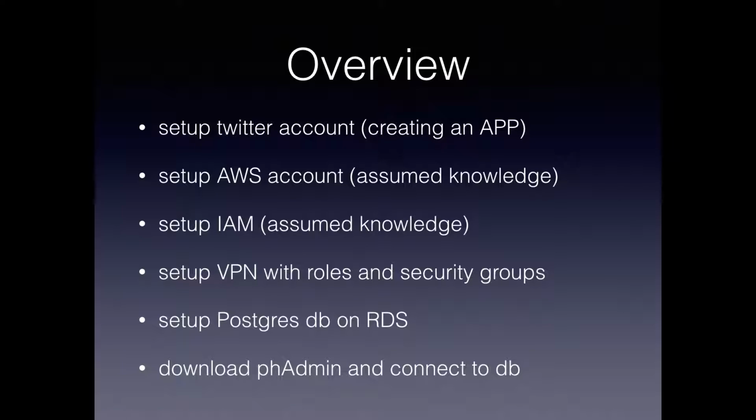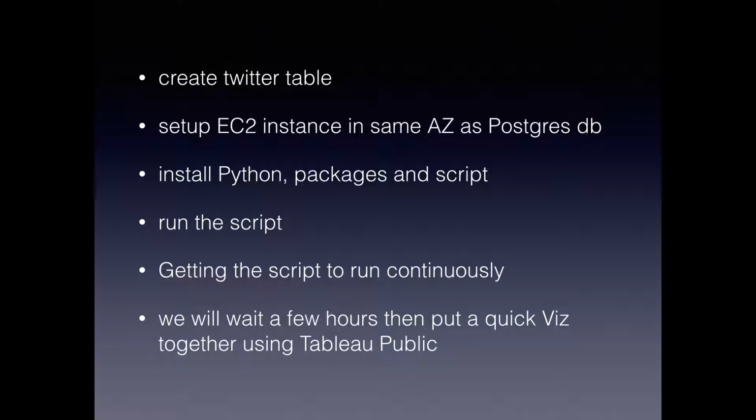Once you've successfully logged into AWS, we can begin setting up a virtual private network with roles and security groups. Then we'll set up a Postgres database on RDS. After that, we'll download pgAdmin and connect to the Postgres database. Then once we're connected, we'll create a Twitter table,